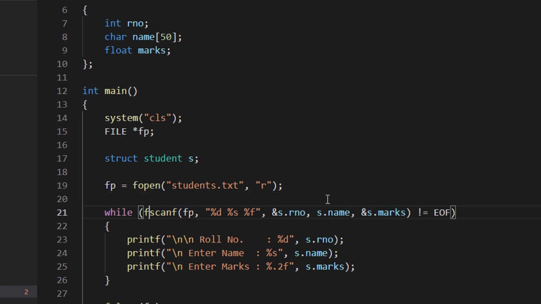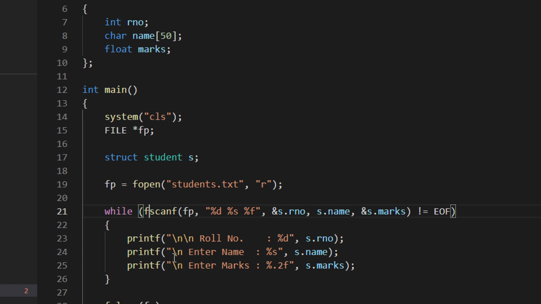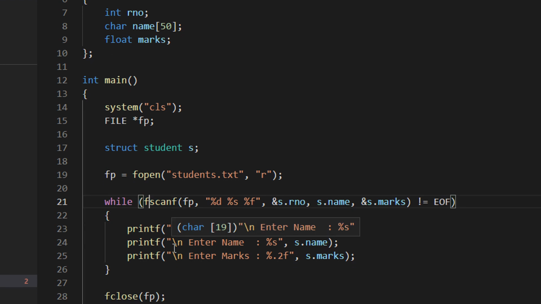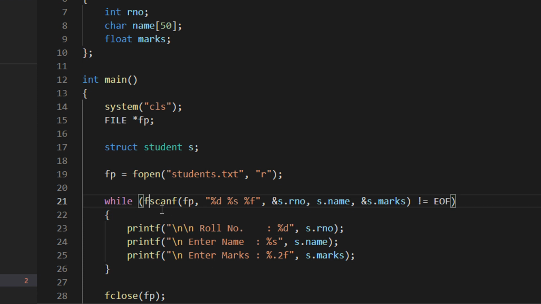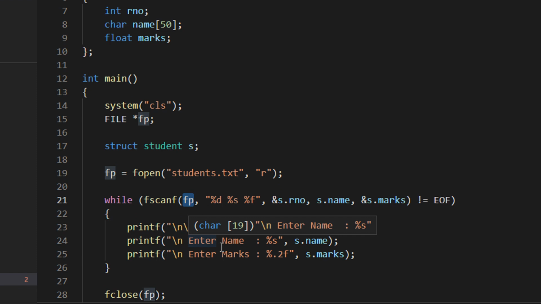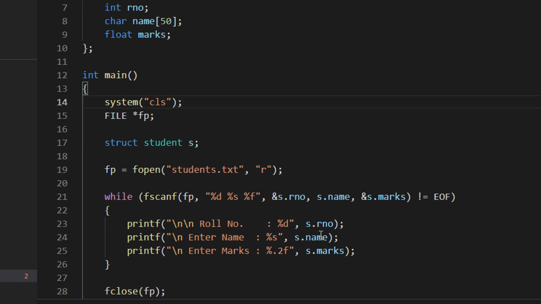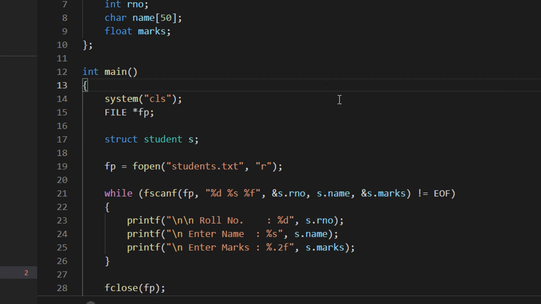Now when it is fscanf, that means I am reading contents from a file. F stands for file. So file scanf means I am reading the contents from a file, and since I am reading from a file, I need to specify the file pointer. The file pointer in our case is fp, and now we are reading the roll number, the name, and the marks. That is again very simple.